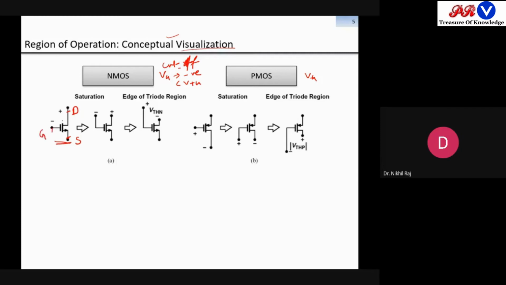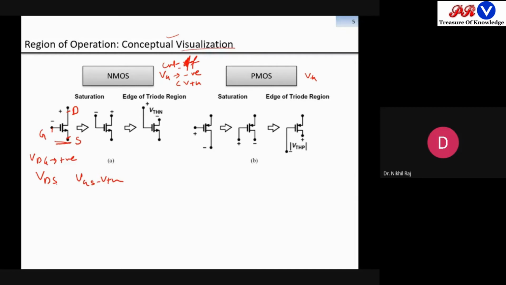Once I have identified, now here it is given according to the figure what I can see here, that VDG is nothing but some positive voltage. Fine, VDG is some positive. So now we have to say which region it is. So what I will do, I will write the equation of VDS, because once the region comes, we have to write the VDS equation. So VDS and VGS minus VTH. We have to check which symbol will come here, greater than or lesser than.